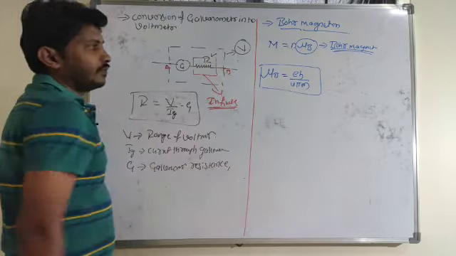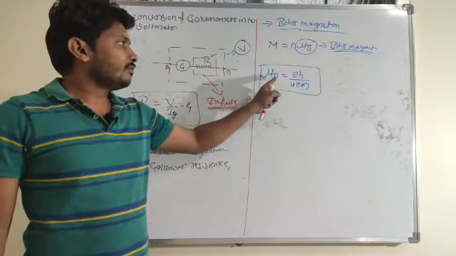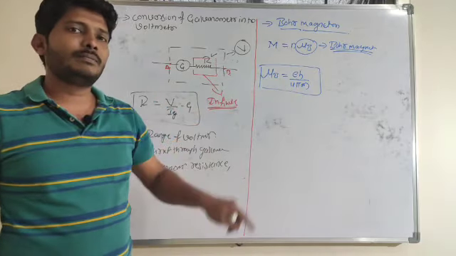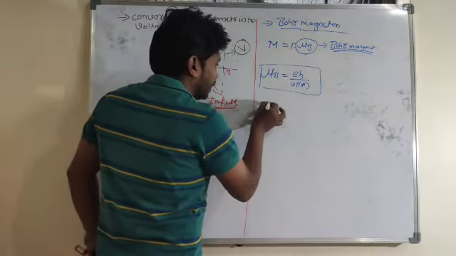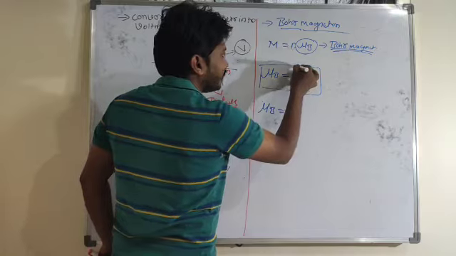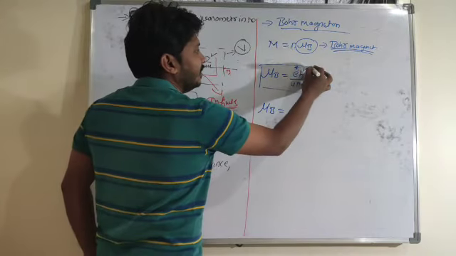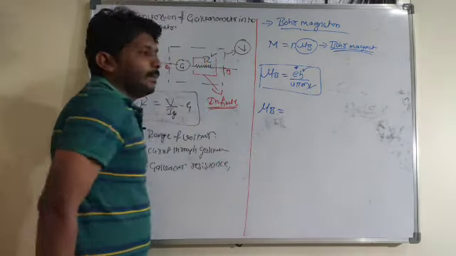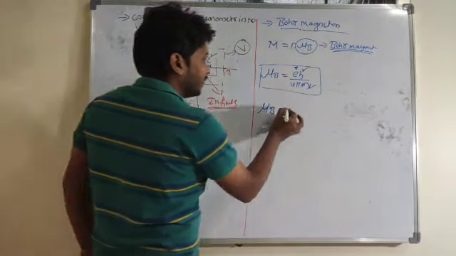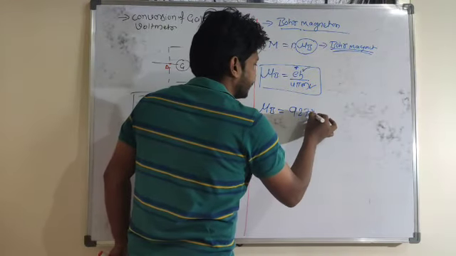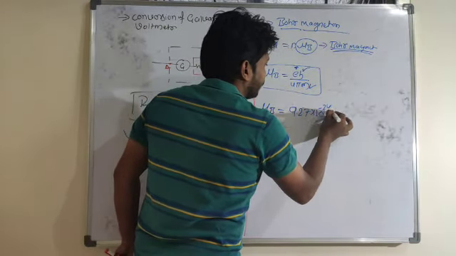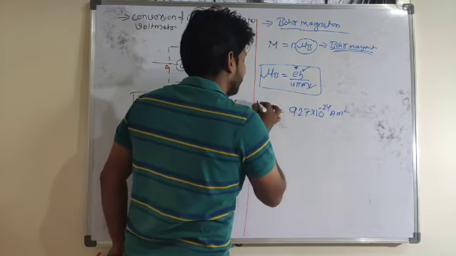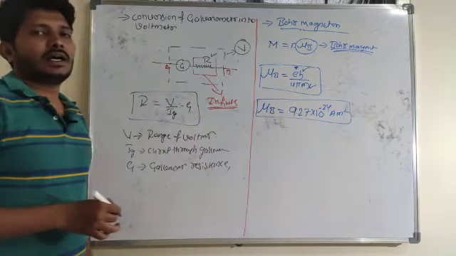What is the formula for the Bohr magneton? Mu B is equal to e h divided by 4 pi m. If you substitute the charge on the electron, Planck's constant and mass of the electron, finally I got 9.27 into 10 to the power of minus 24 ampere meter square. So this is all about a